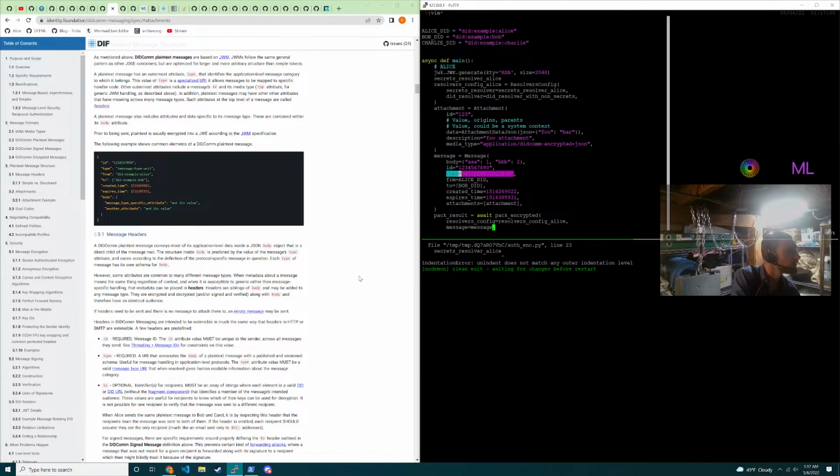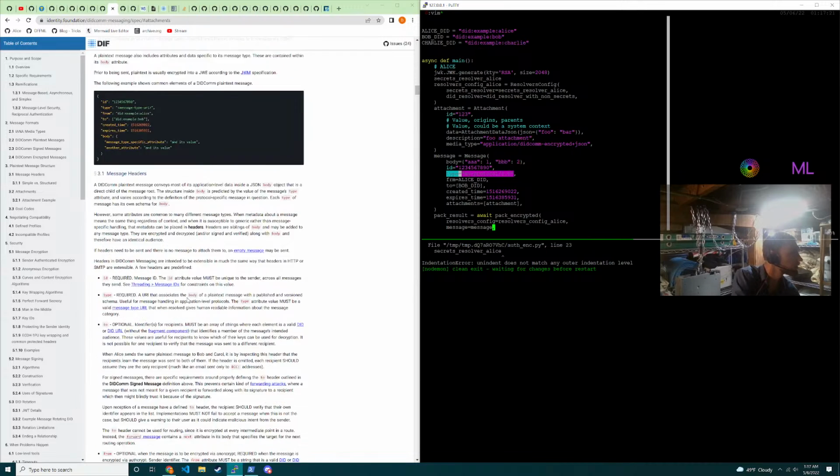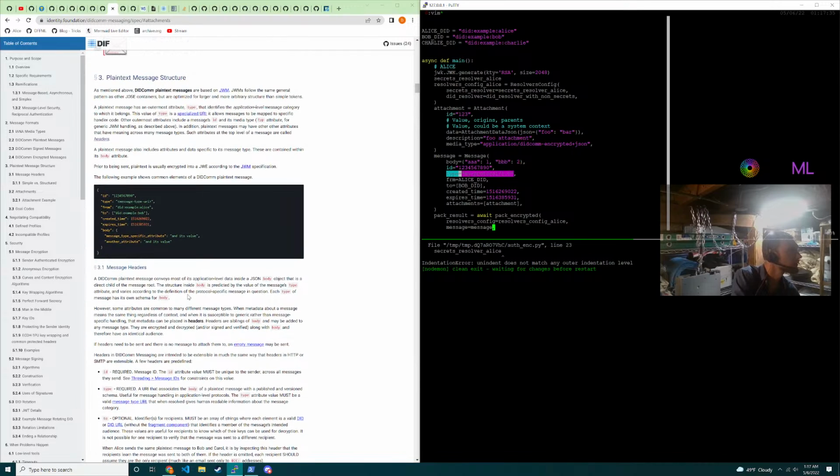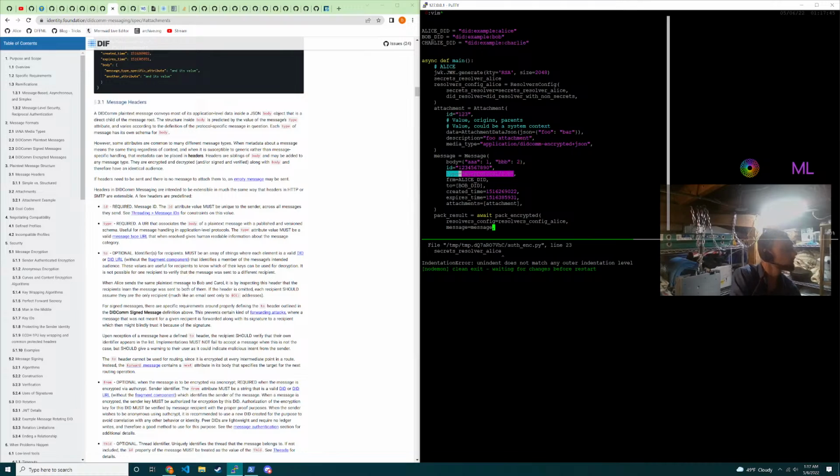Message headers. Okay, so those just look like the things that we're seeing in the body though, to me. Where's the plaintext message? From Alice to Bob, body. Another attribute. Message type specific attribute. Okay, ID required, message ID, type required,